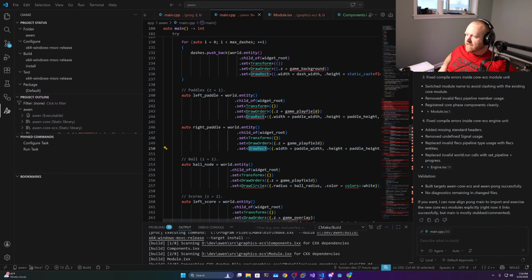Oh yeah, what Silent said, and that's what's happening here. Anytime this world.entity is called, it's returning an object that represents essentially an index into a collection of arrays. And every time you set a new component to this index, you are essentially allocating a new collection of arrays for that specific type. And what that achieves is we no longer have to use virtual tables on these classes, which means you don't have some kind of indirect memory lookup. So instead of having an array of pointers to your class implementation, you have an array of your data right there